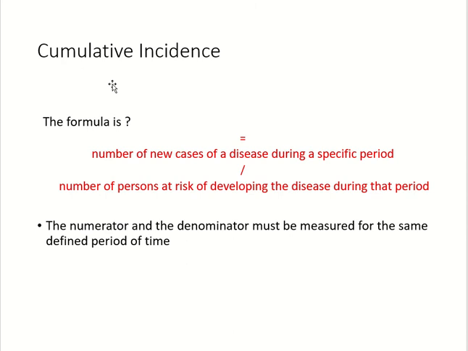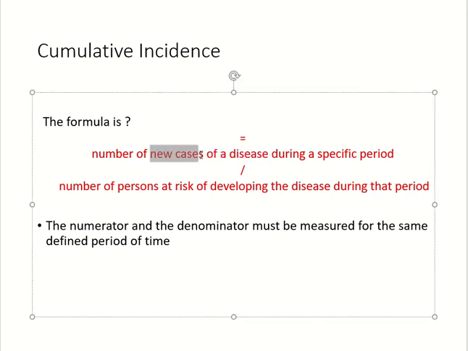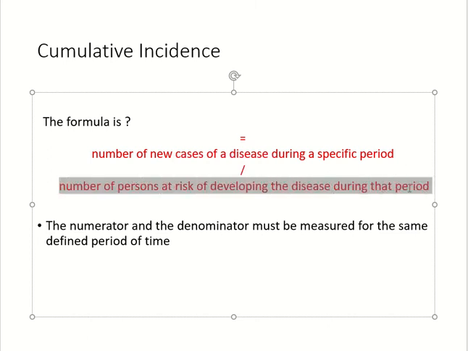So the formula for the cumulative incidence is the number of new cases, very importantly, during a specific time period, divided by the number of people at risk. It's very important that you divide by the number of people at risk of developing the disease during that time period. So basically, those in the denominator are the ones from whom the new cases are going to emerge and appear in